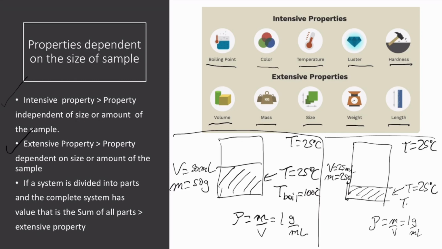Now, the boiling point of any water is 100 degrees Celsius, regardless of its size, whether I have 1 liter of water or 15 milliliters or 25 milliliters. So these properties are intensive properties, whereas these ones, volume and mass, are extensive properties, or size dependent.